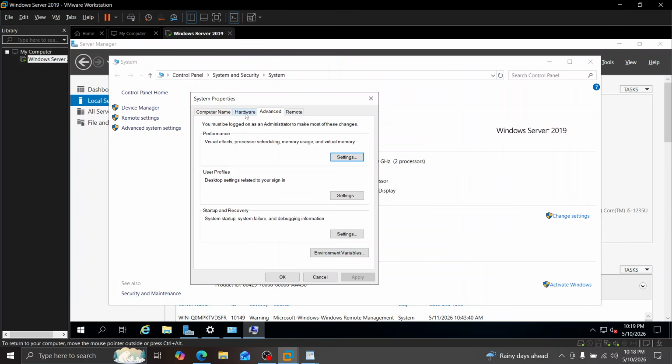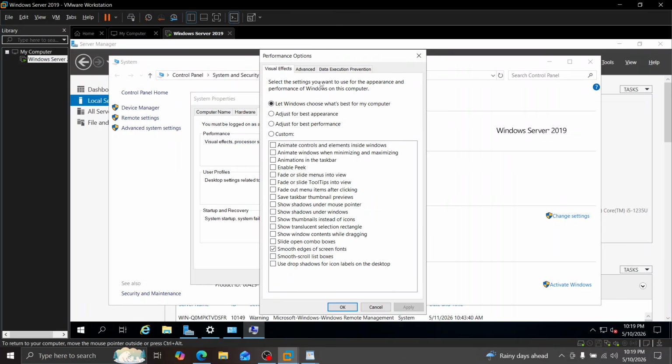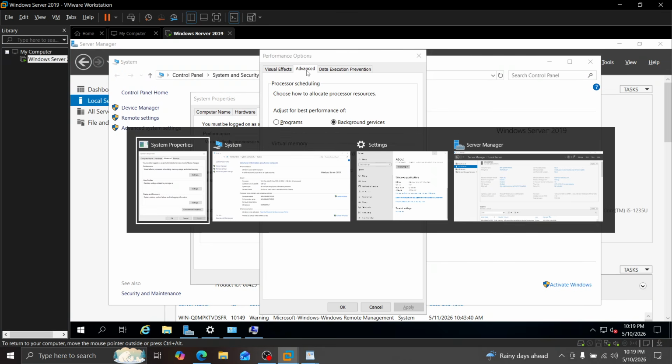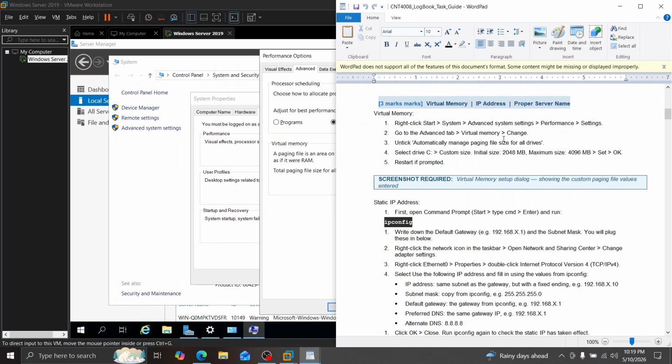Under the advanced tab you will have performance, so you should click on it. Once you click on performance, I guess you should click on advanced once again, according to the document. Yes,